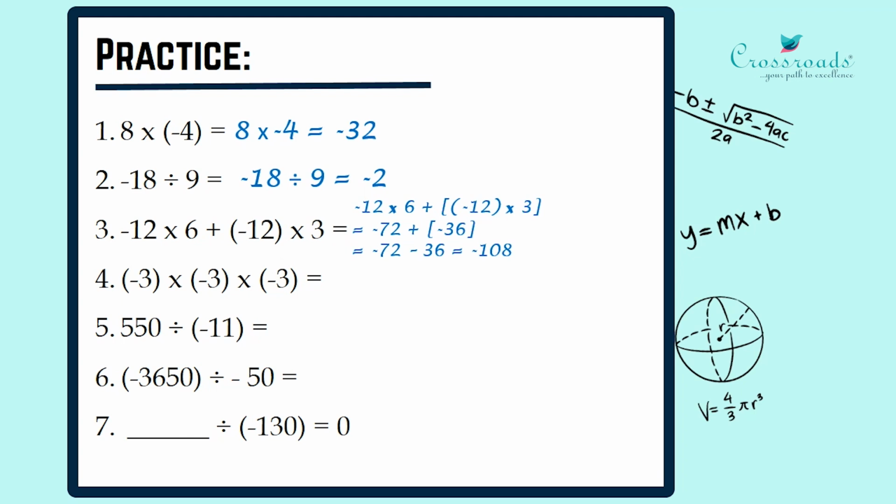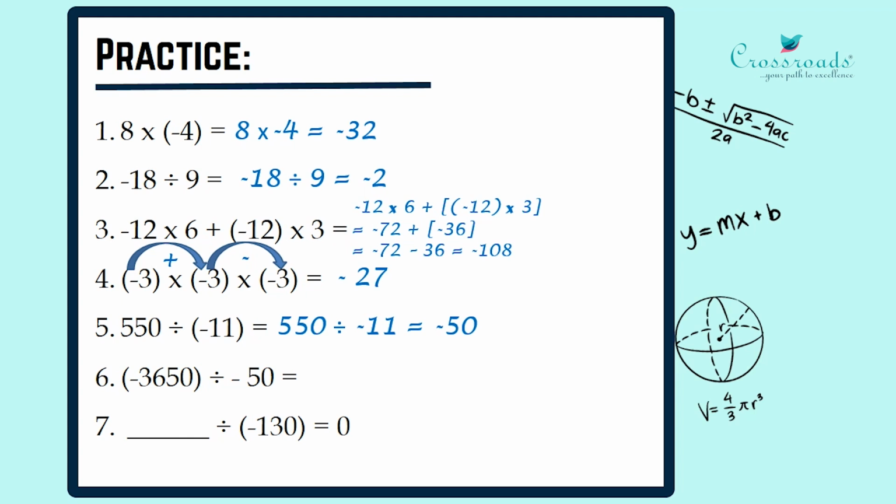Next I'm having minus 3 into minus 3 into minus 3. Here when I multiply the first two integers, minus into minus becomes plus. The resultant answer is going to be positive. Next, from that answer, if I'm going to multiply with minus 3, the resultant answer is going to become negative. Therefore, the final answer is going to become minus 27 because 3 3s are 9, 9 3s are 27. So the final answer is going to be minus 27.